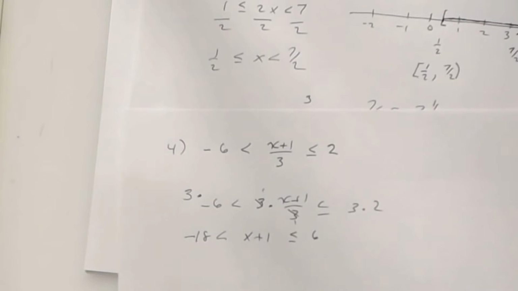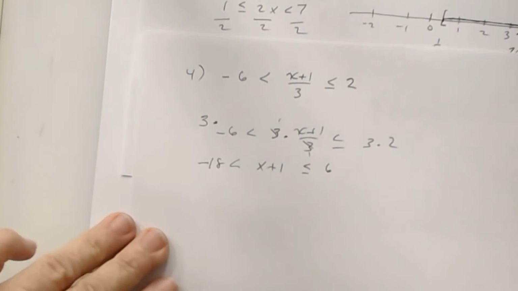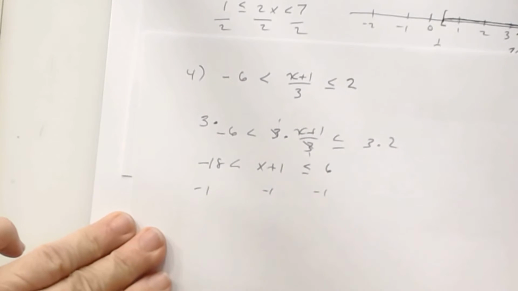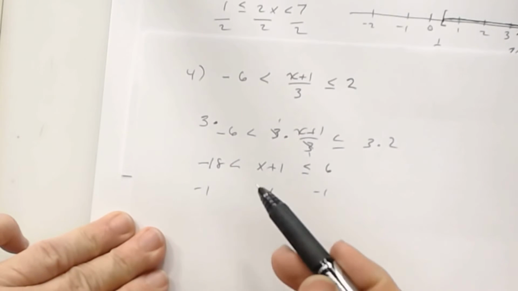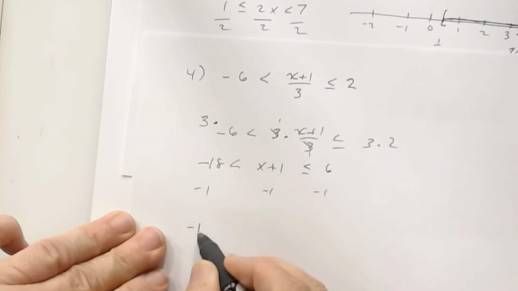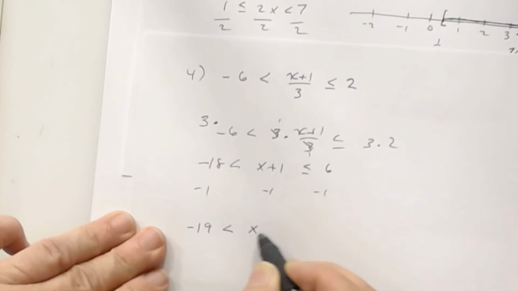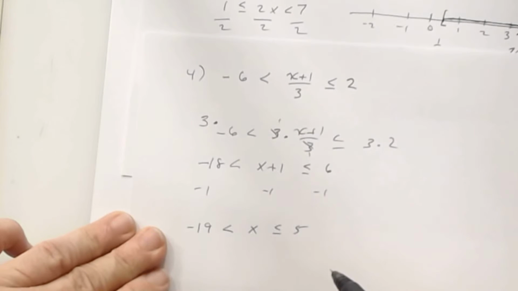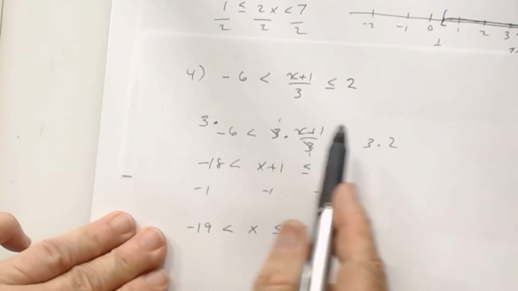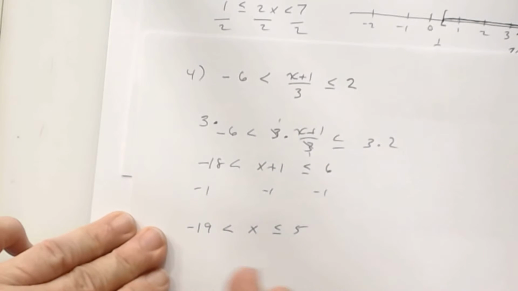But remember, I'm trying to solve the original problem. To find the solution to the original problem, I really need to get x in the middle. So subtract 1 from all 3 parts. What's negative 18 and negative 1? Negative 19. Is less than x, is less than or equal to 5. All agree? So the solutions to the original compound inequality would be any real number